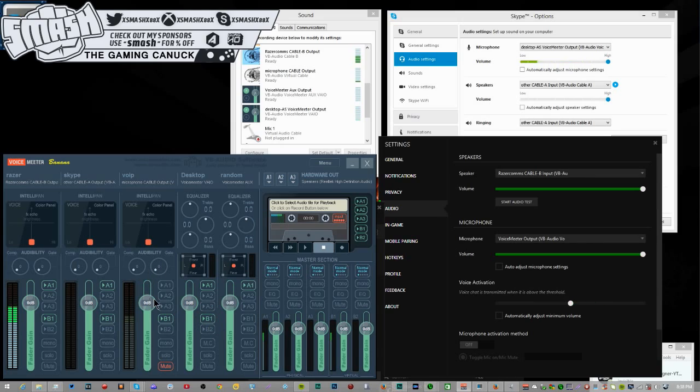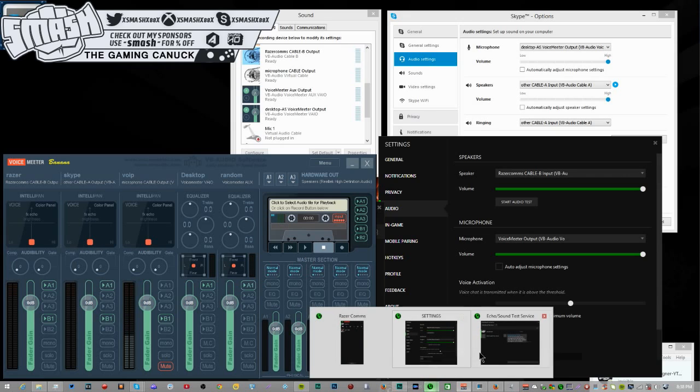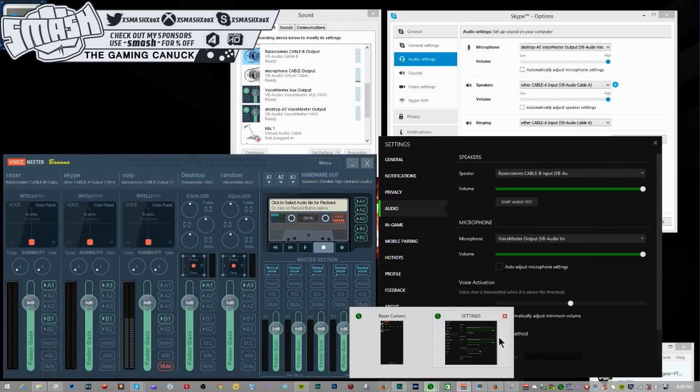I'm not sure if they're going to get feedback from this. I don't think they should. But if they do, find a player and have it go through here and then hit B1. And then the music that plays through here will be heard, and so on and so forth. So it is pretty nice that you can have it like this, and you'll be hearing it, but in order to actually do the recording, you're